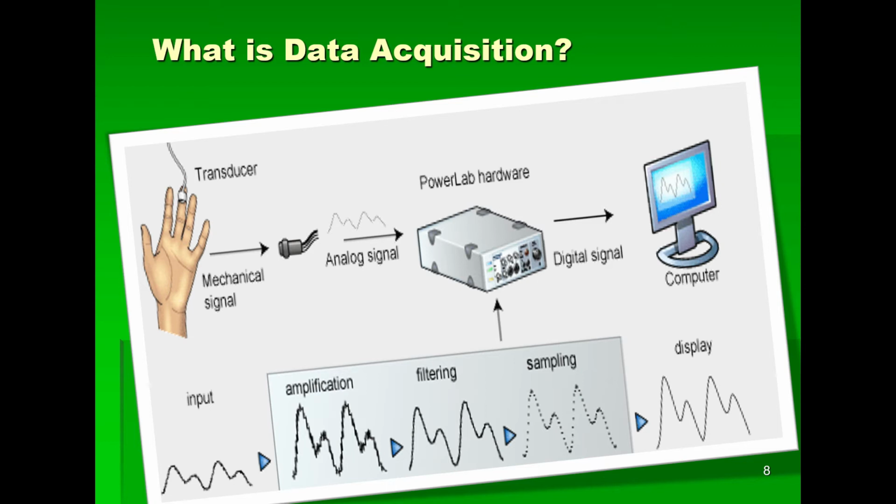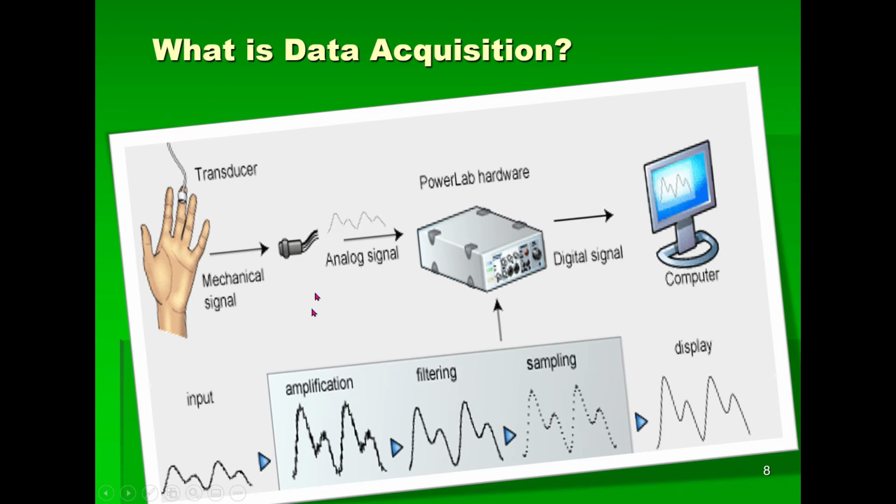So PowerLab software is very intelligent. It knows that for this experiment we have attached the pulse transducer, and the pulse transducer produces a wave-like structure which has some particular range of frequency. And if the waves are of a high range or low range, then PowerLab will remove these extra frequency waves from our actual data and give you a sample data, and the procedure is known as filtering and sampling, and your final data will be displayed on your computer screen.